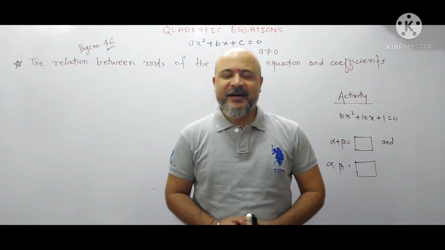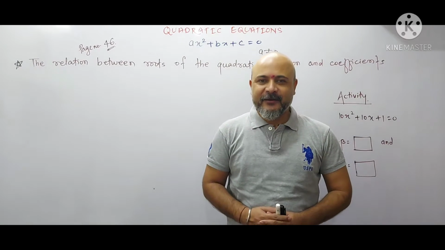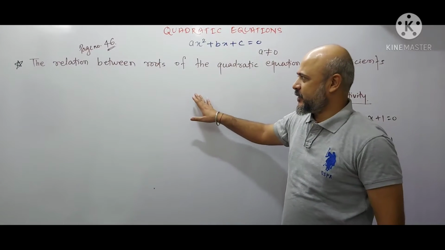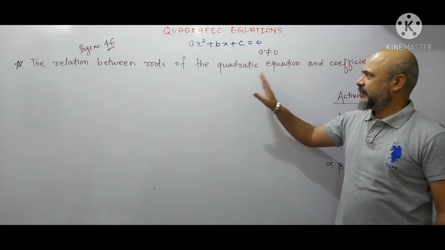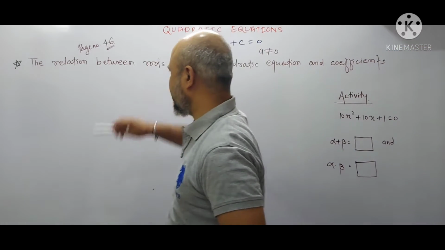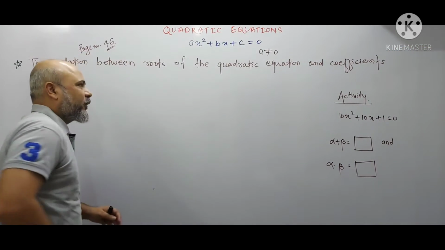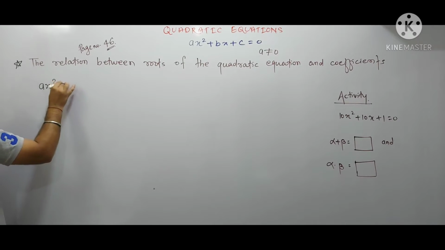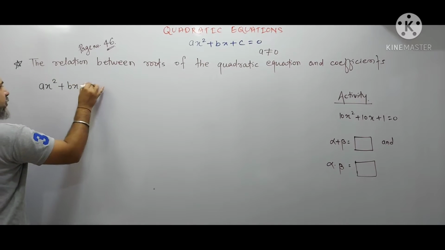नमस्कार दोस्तों, आज करने वाले हैं एक नया टॉपिक ऑफ क्वाड्रेटिक इक्वेशन। सो द रिलेशन बिटवीन रूट्स ऑफ द क्वाड्रेटिक इक्वेशन एंड कोएफिशिएंट्स। वी आर गोइंग टू फाइंड आउट द रिलेशन बिटवीन रूट्स ऑफ द क्वाड्रेटिक इक्वेशन एंड कोएफिशिएंट्स। सो दोस्तों, हमको पता है कि ax² + bx + c = 0।